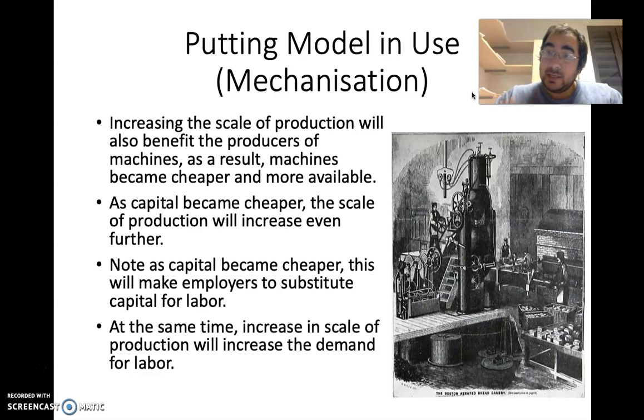The mechanization in the 18th and 19th century was initially accompanied by a large amount of unemployment. In the agricultural sector, the mechanization made many of the peasants who were previously living in the rural area not that necessary. So many of those peasants were sent away from the villages and ended up in the cities, unemployed.